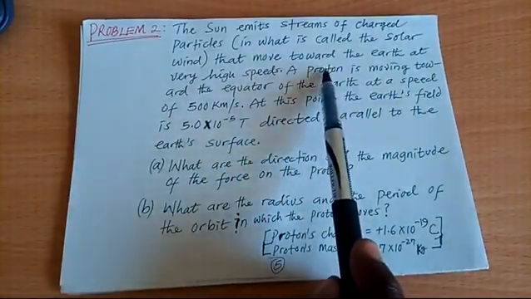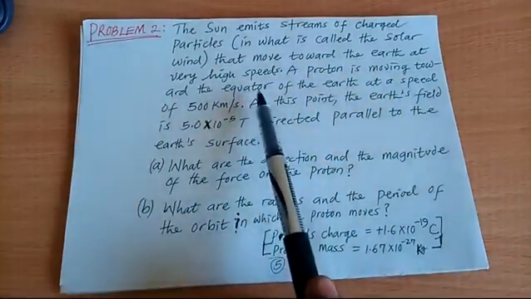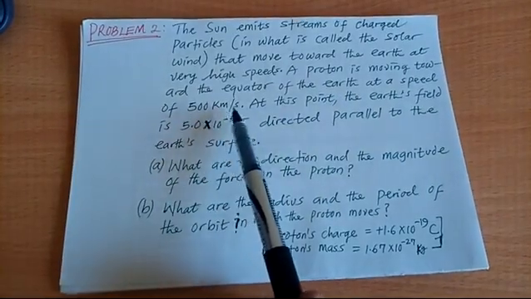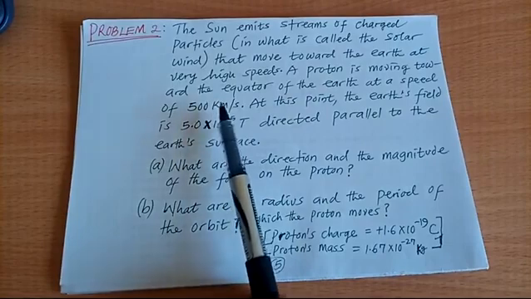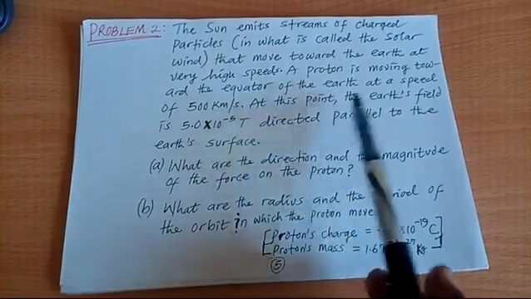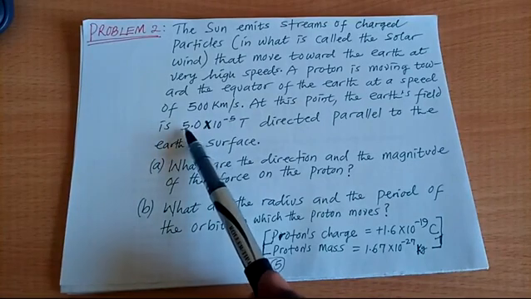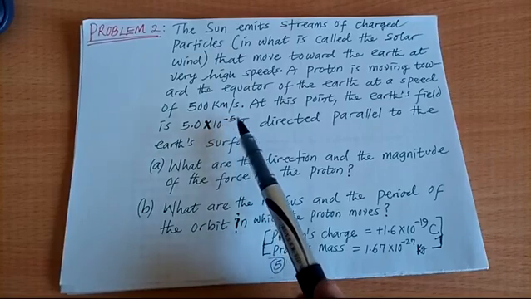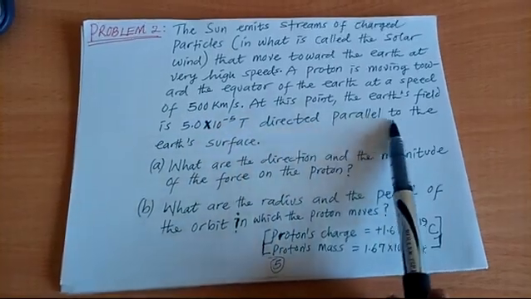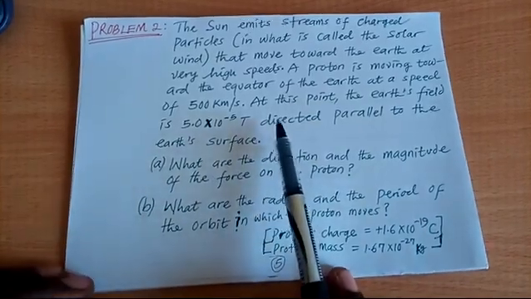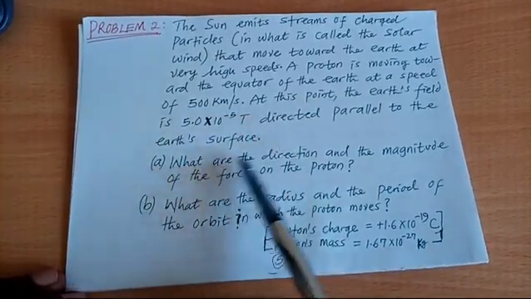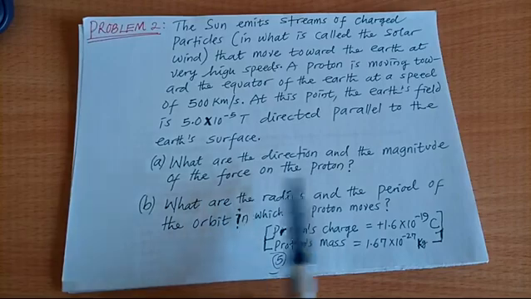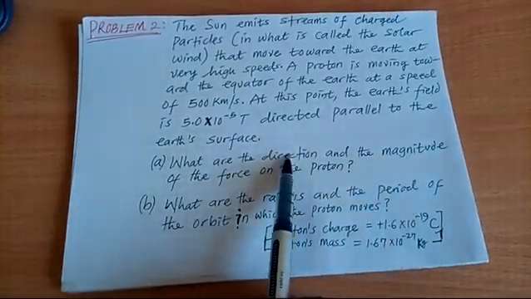A proton, which is one of the particles, of course, is moving towards the Earth, towards the equator of the Earth, at a speed of 500 kilometers per second. This is the speed with which it approaches the equator of the Earth. At this point, the Earth's field is 5.0 times 10 to the power of minus 5 Tesla, directed parallel to the Earth's surface. Now, the questions are: A says, what are the direction and the magnitude of the force on the proton? Force is a vector, so you get the magnitude, you also get the direction of the force